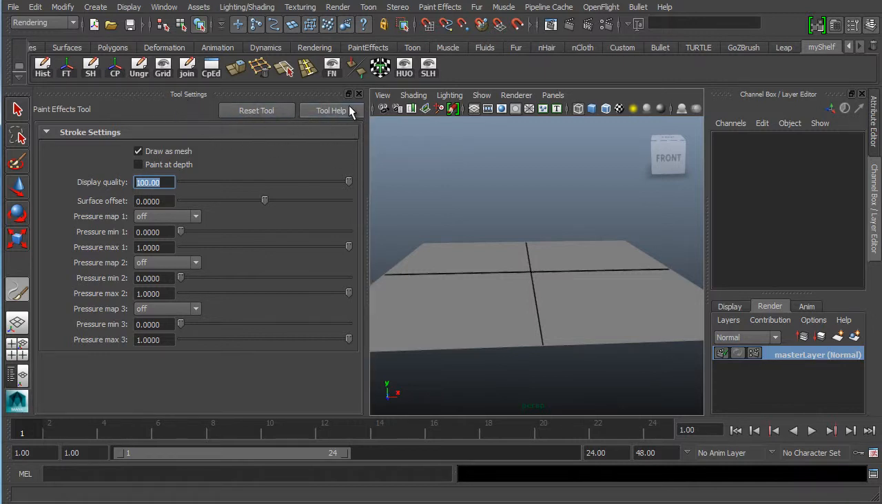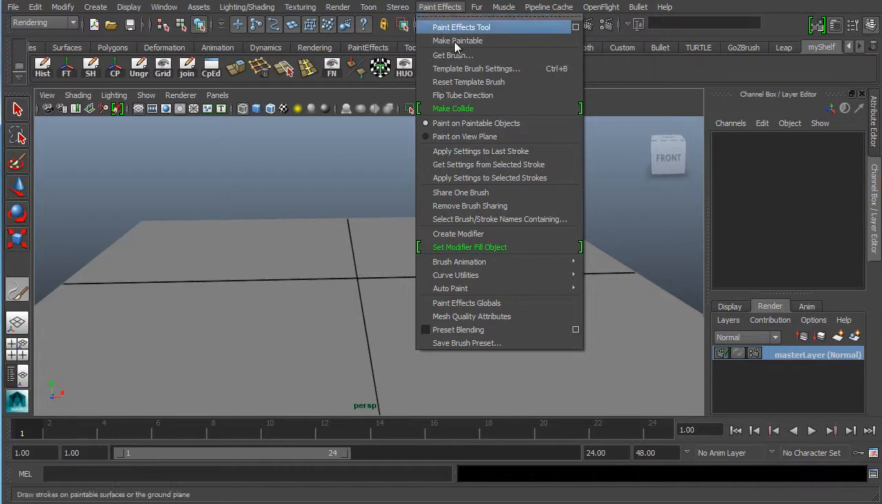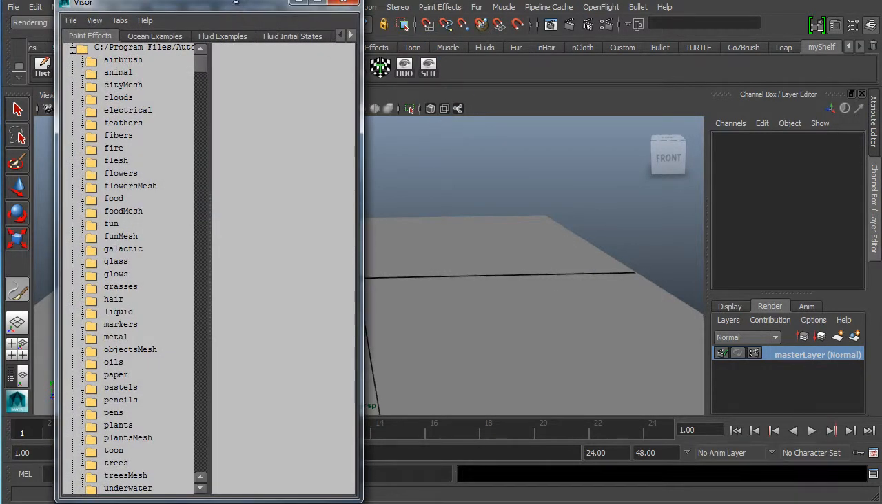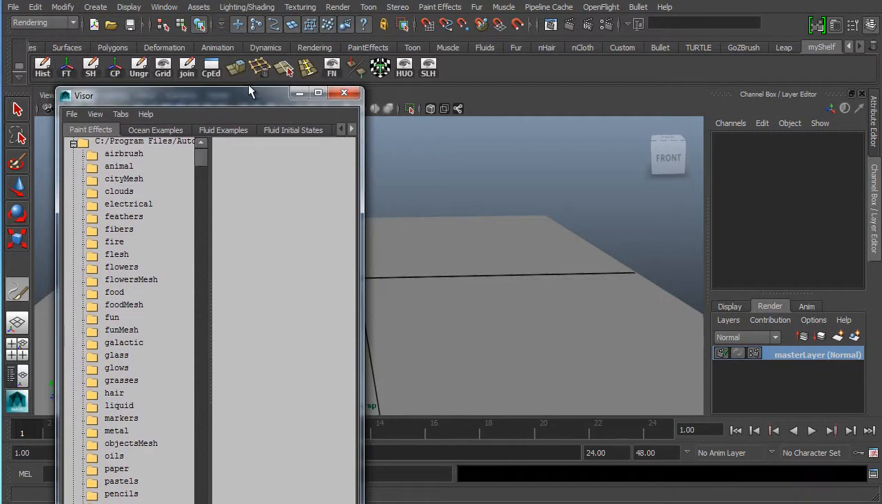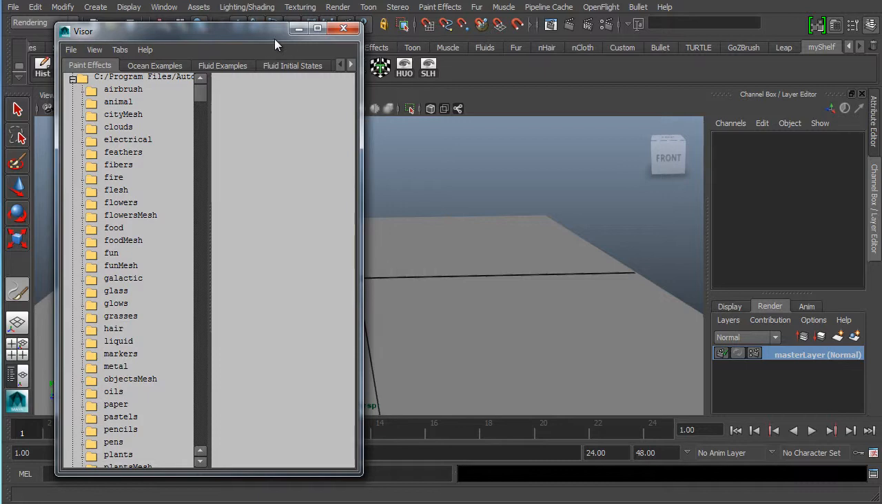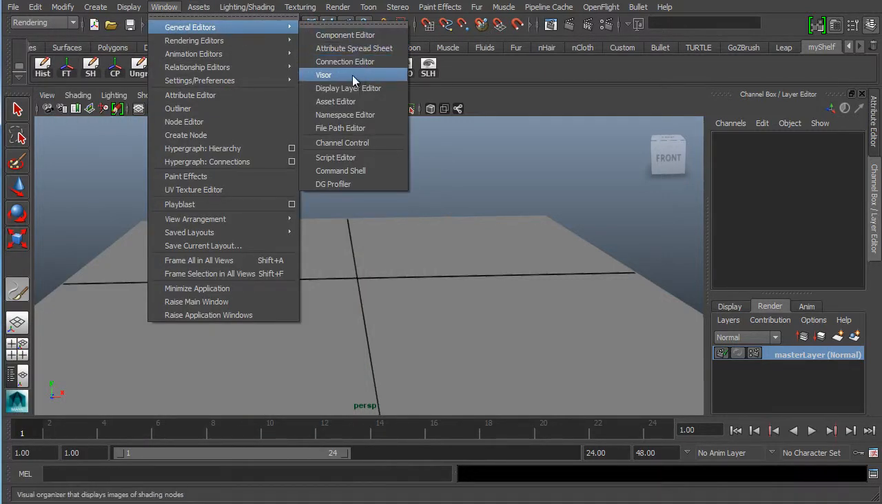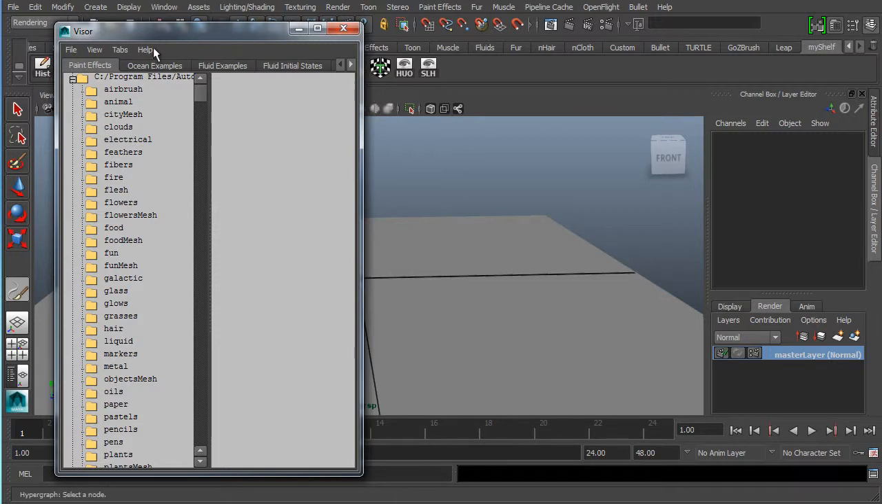So the tool settings I'm just going to close. We're going to leave them at their natural settings, and I'm going to come up here to Paint Effects, and I'm going to go down to Get Brush. Get Brush opens up what's called the visor. Now, if you forget where the paint effects are, you can get to the visor by going up to Window, down to General Editors, and you're going to find the visor. The visor is going to have a bunch of different things in here,